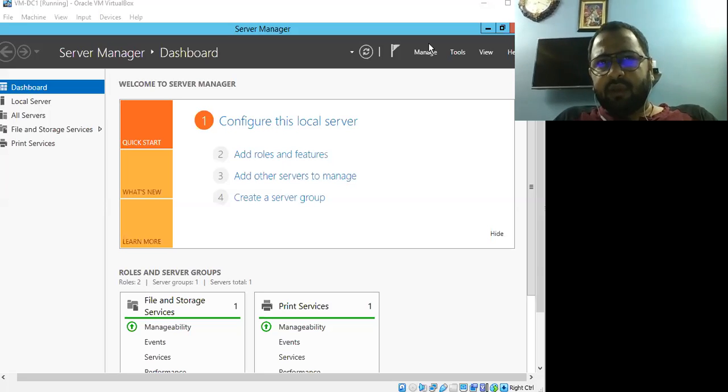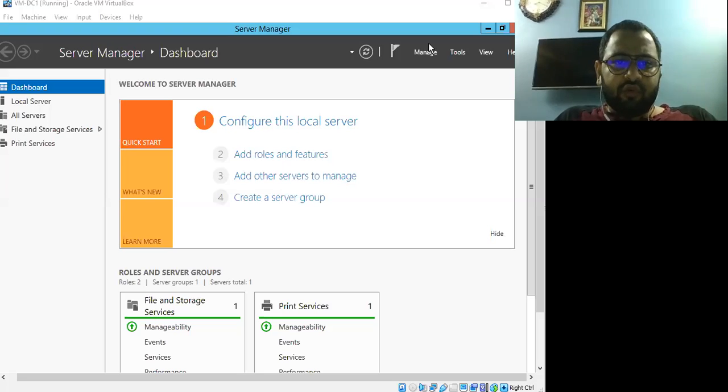For example, if a user logs into the server and puts in the username and password, it checks the username and password submitted by the user to verify the account. If the username and password are valid, then it authenticates the user to log into the computer. So this is what we have in Active Directory.